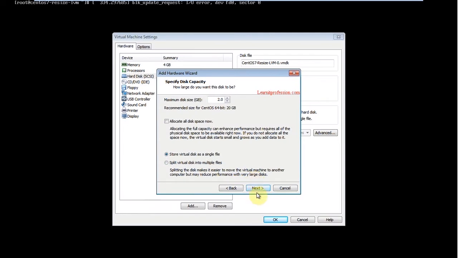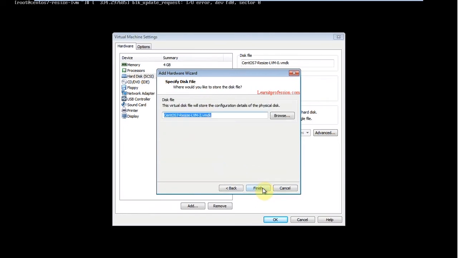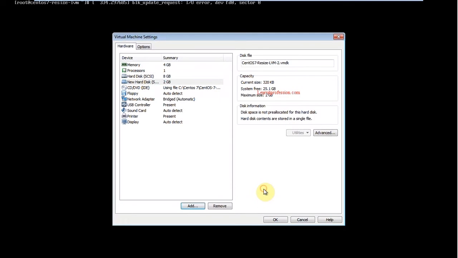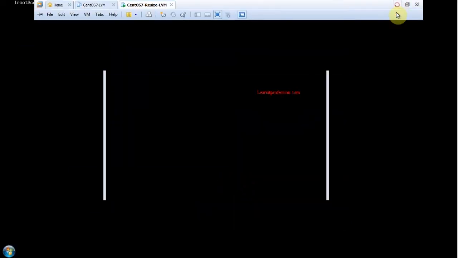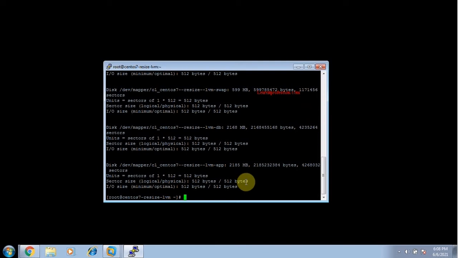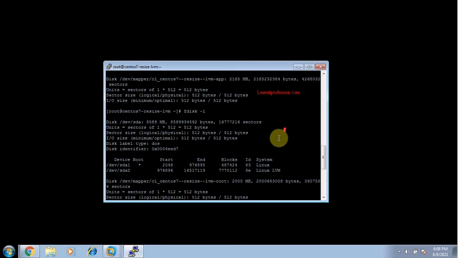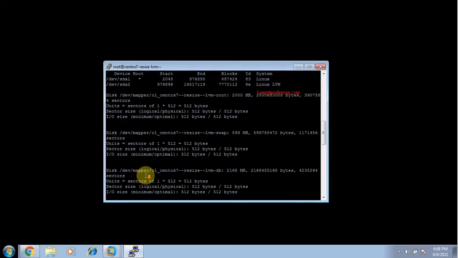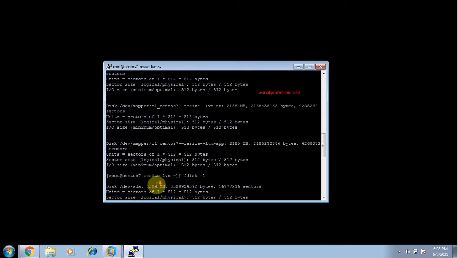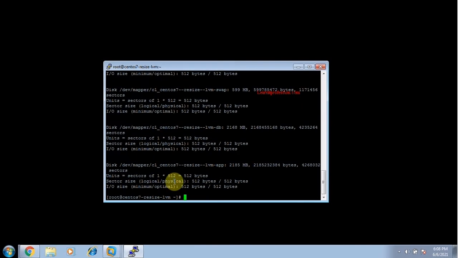Store the virtual disk as a single file. Now the hard drive is added. Type the command fdisk -l again. Just reboot it, and the hard drive will be available.